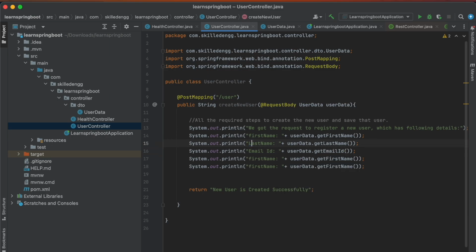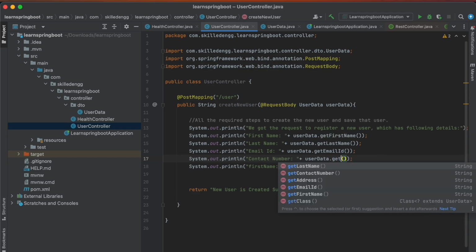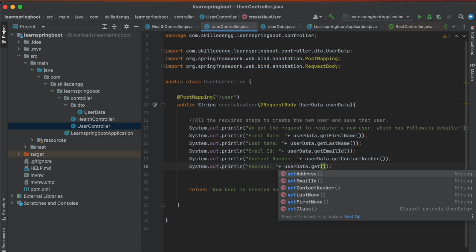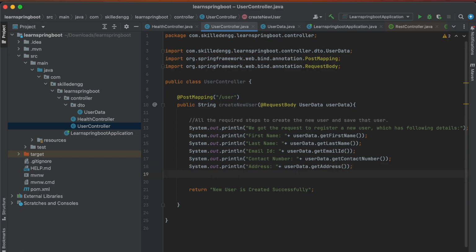Okay, let's change this also. Then contact number, and this will be the contact number, and this will be the address, getAddress. Okay, so we have printed all these things so that we will know whatever we are getting in this particular request body.